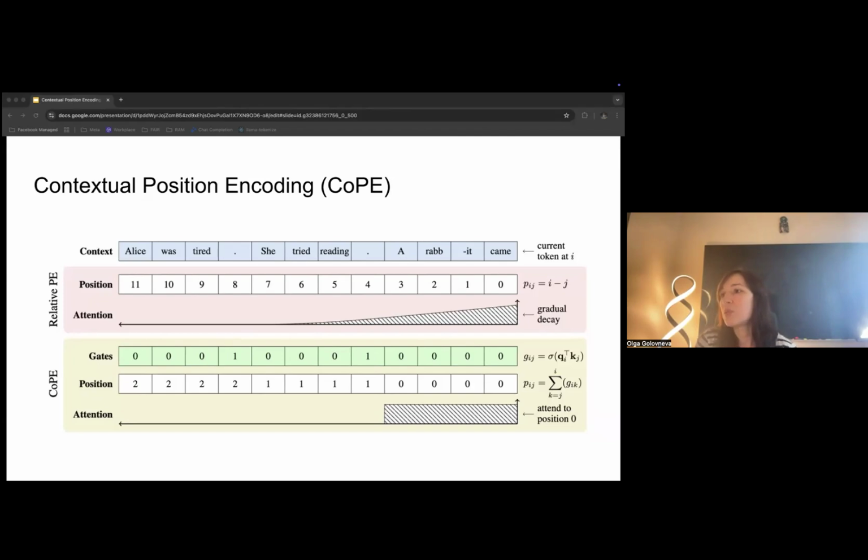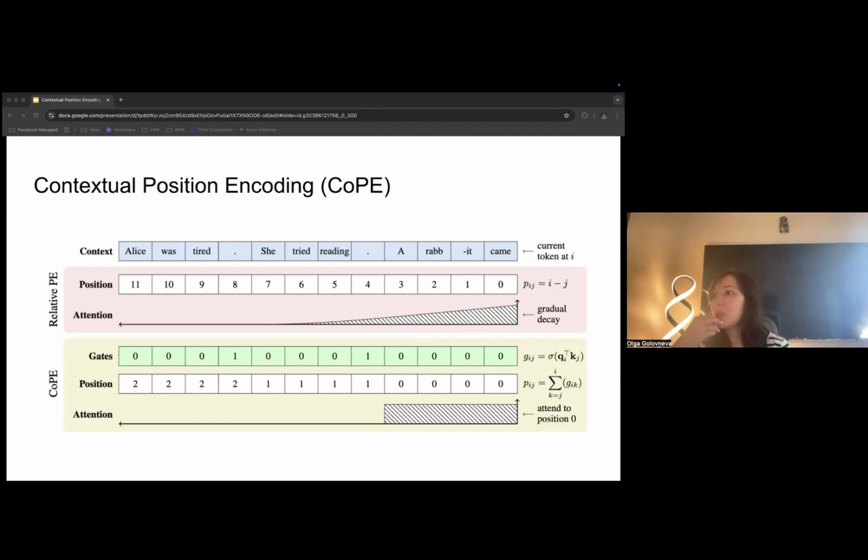This allows positions to be contextualized and represent the count of different units like words, verbs, and sentences. COPE operates on each attention head, and so it can attend to different position types on each head. Like one head can count words, the other head can count sentences, another paragraphs, and so on, or any other abstract units you might need for your specific task, or that were learned during pre-training.